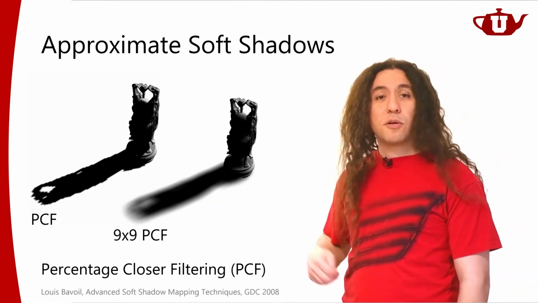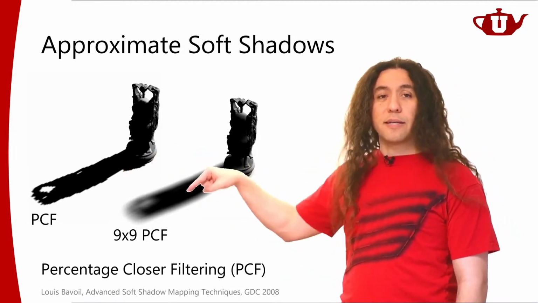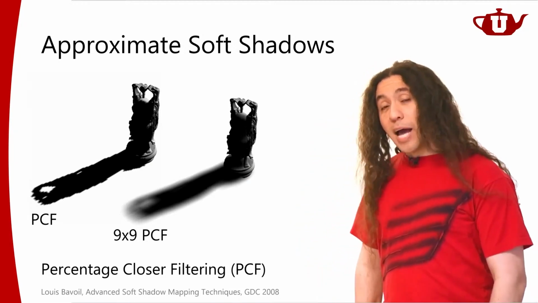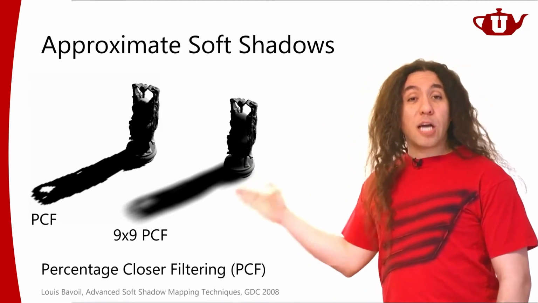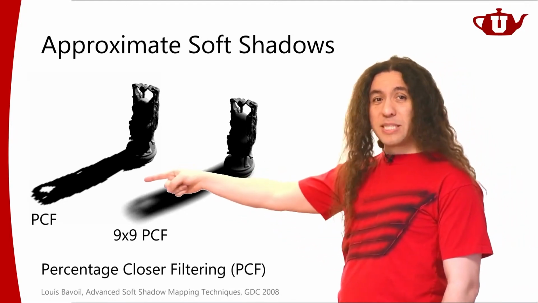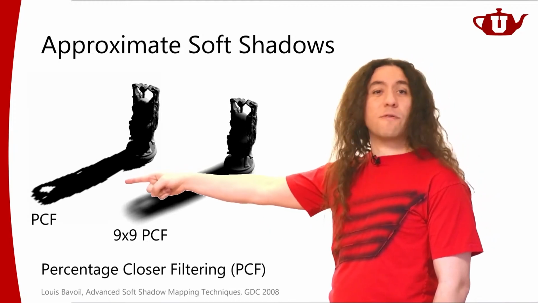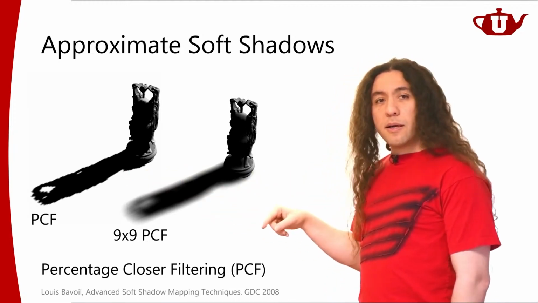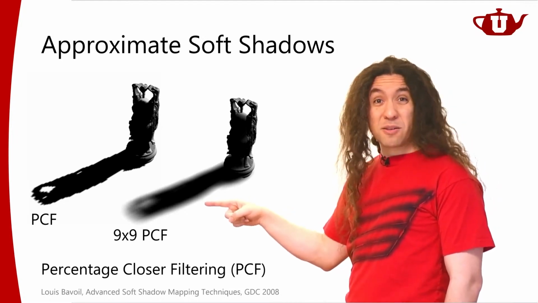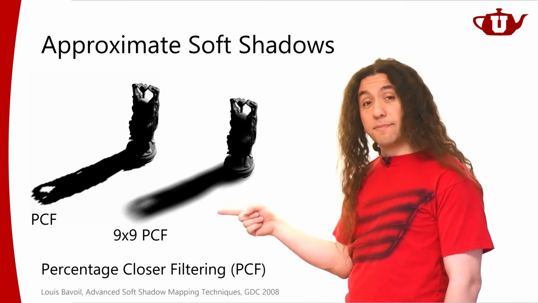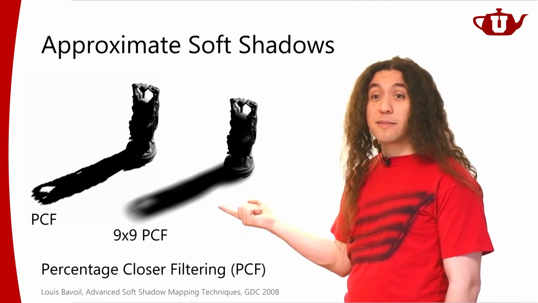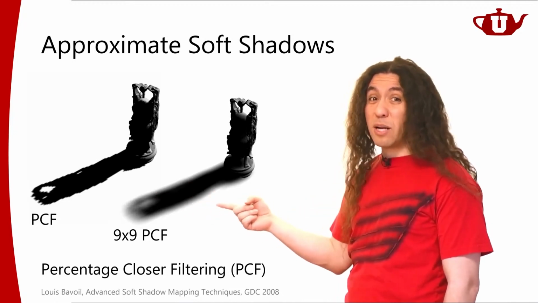It's fairly easy to extend this idea, right? You just look at a larger area. And when we do that, this is exactly how shadow maps are used for offline rendering. For interactive rendering, we typically do the smaller version because hardware can do this for us fairly easily. This is quite a bit more expensive, right? Because I'm looking at a 9x9 region. That means what? 81 shadow tests instead of 4? Yeah, it's going to be quite a bit more expensive.